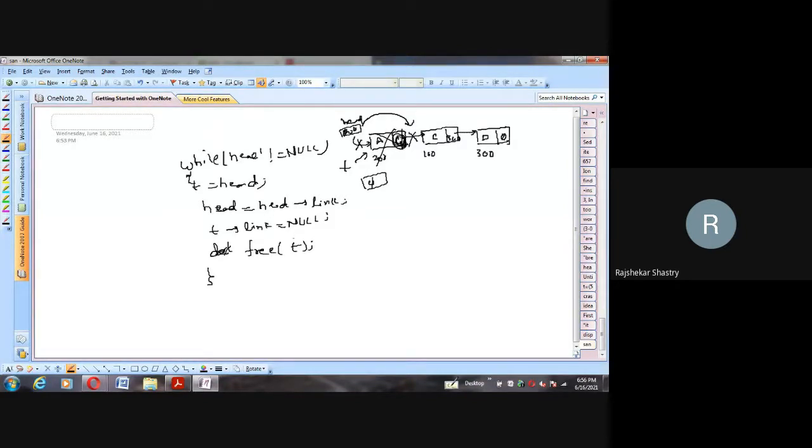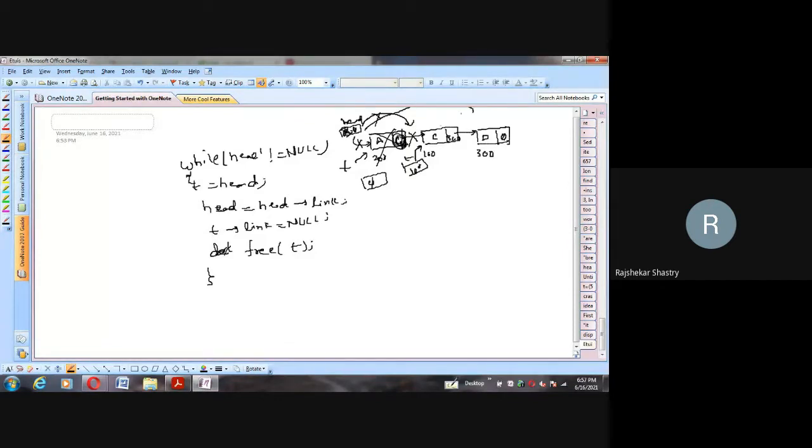Then after this, we go to the while condition, and again we verify whether head is equal to null or not. In our case, head is not equal to null, it is holding 100, that means pointing to C. So it will again get into the body, and the same T pointer, which is pointing to null right now, will hold the address 100. So T is pointing to this one. Head is also pointing to the same, remember. But now we are moving that head to the next node. So the head, which was currently holding 100, will now become 300. That means this link is now removed.